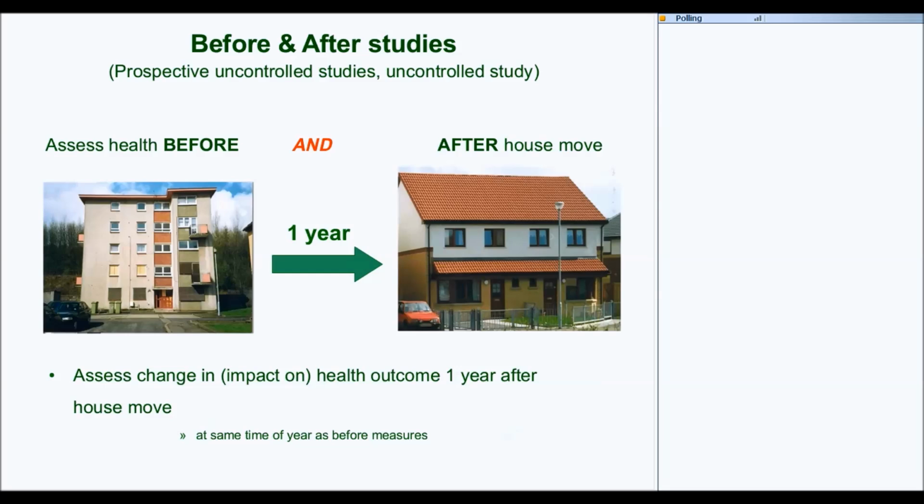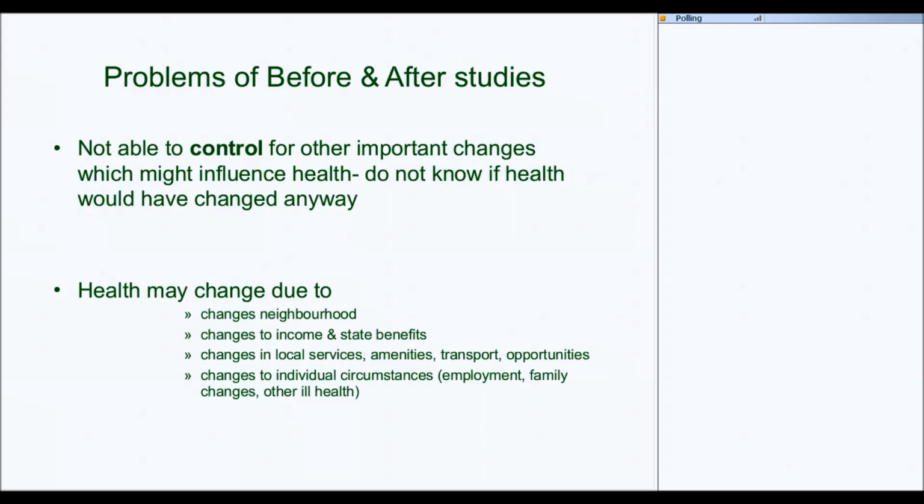So sometimes people will just do a before and after study, and they'll just look at health when people are living in their old housing, and then follow them up a year later and look at change. And the obvious difficulty with this is that you don't really know why health might have changed afterwards. You don't have any comparison or counterfactual with which to compare it. So, yeah, you can't really control for the other important changes which might influence health, and you don't really know if health would have changed anyway, or whether it's attributable or due to the change or the improvement in housing